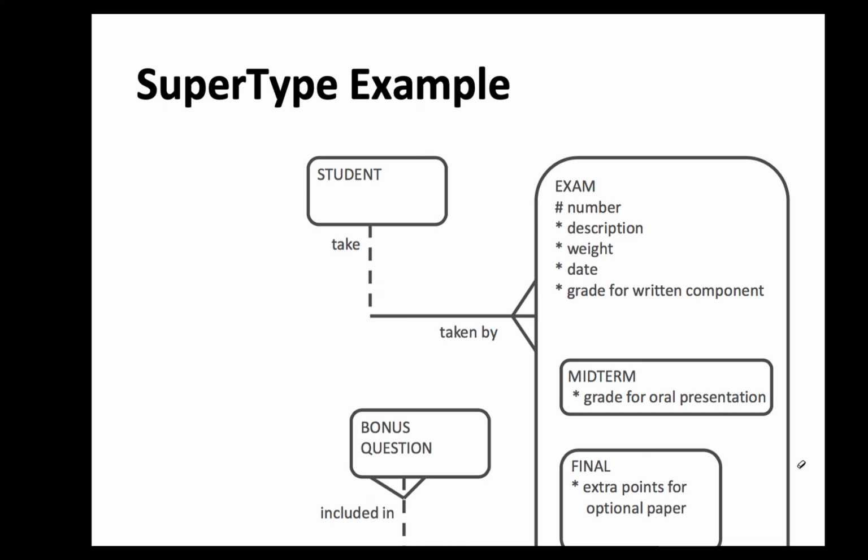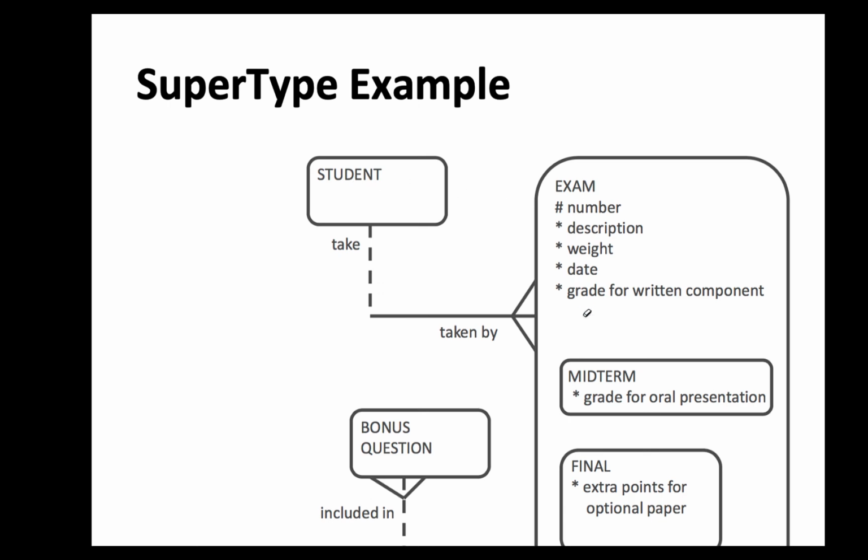Come to the point. So what is the name of the supertype here? Exam, right? So this exam supertype has 3 subtypes: midterm, final, and quiz. And here you can see that this relationship is of the supertype exam with student, right?